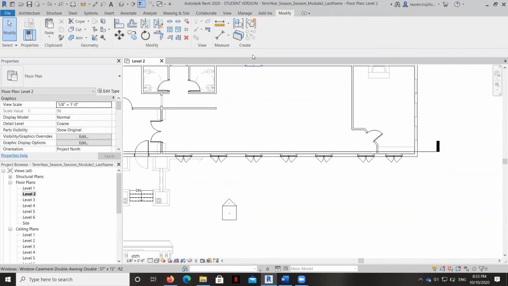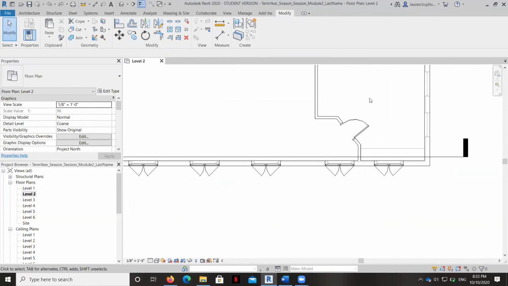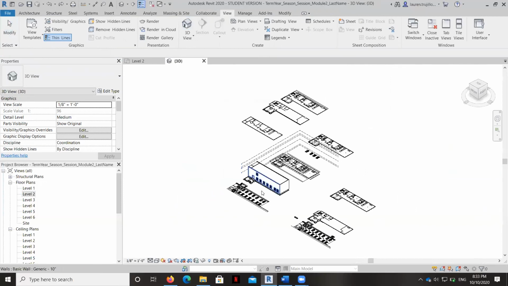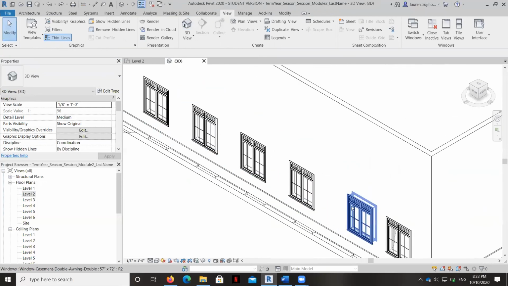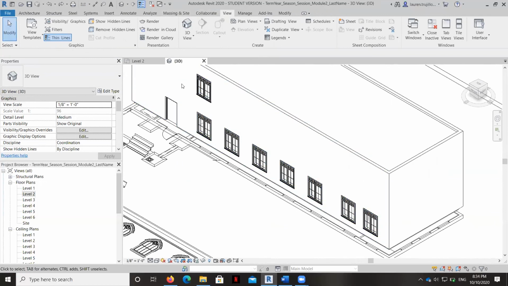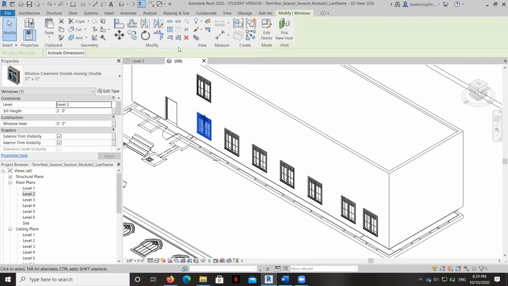Okay. So once you've got all of your windows in place, you ought to be able to use those commands with ease and get your windows kind of locked in and mirrored in and ready to go. Okay. But all those commands are really fun to use and they operate very similar to those in AutoCAD. So have fun and try to save yourself a little bit of work.